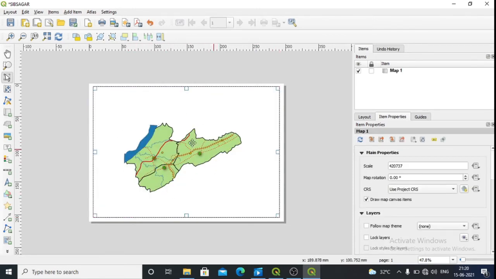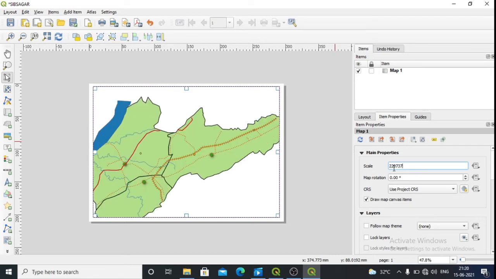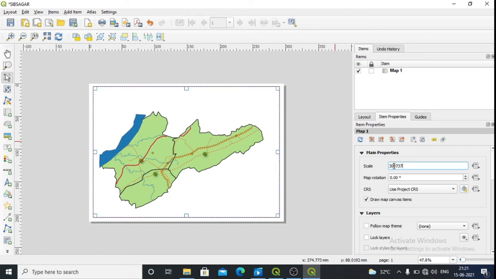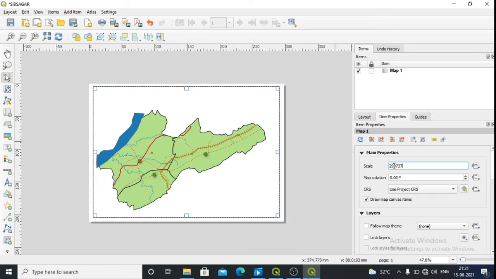Now you need to increase the size because this is quite small. So what you can do is change the scale. This thing I have already taught in the previous classes. I hope all of you can remember. This is too large, so like 34 if I do it, then okay, I need to increase a little bit more, suppose 30. A little bit more, 29. I want to move the item a little bit this side.